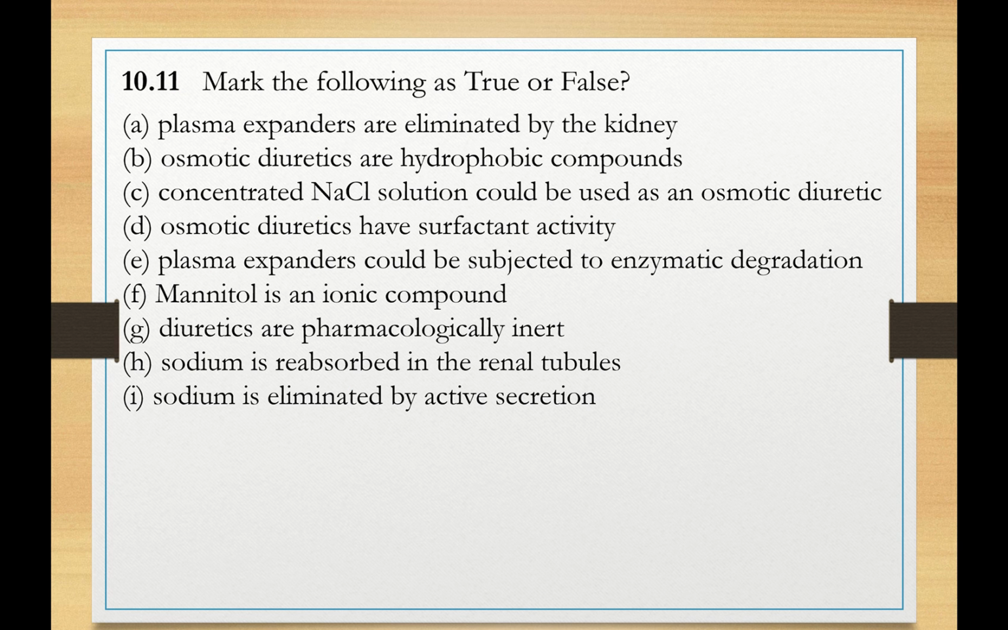In exercise 10.11, you need to mark the statements as true or false. Perhaps you can go through one or two. Let's go through A. Plasma expanders are eliminated by the kidney. Now we know that plasma expanders, they are high molecular weight and they are not. Osmotic diuretics are hydrophobic compounds. Obviously, this is also false. We know that in order for them to absorb water, they must be water soluble and they must be polar. Otherwise, they would partition inside the cells, right? So you may read the remaining